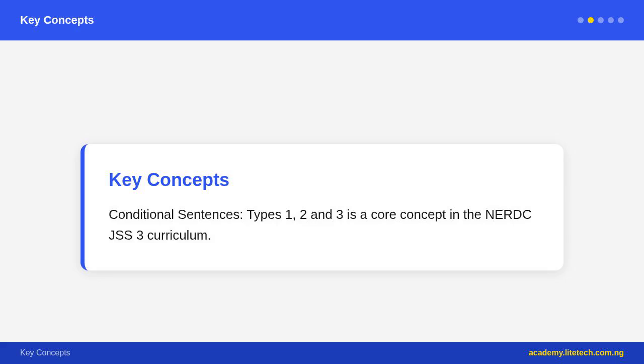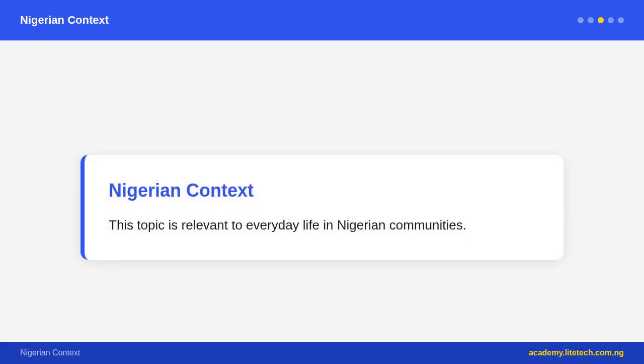Note, in type 2 conditionals, we use were for all persons, including I, he, she, it, in formal/correct English, not was. Formal: if I were the president, I would fight corruption. Not: if I was the president, that is informal use. Would can be replaced by could/might in the main clause. If she studied harder, she could pass. If he tried, he might succeed.